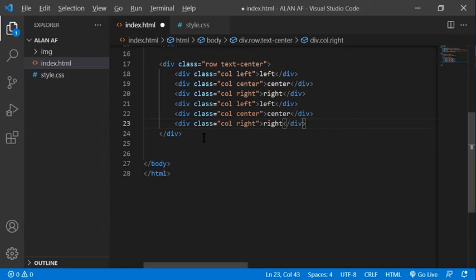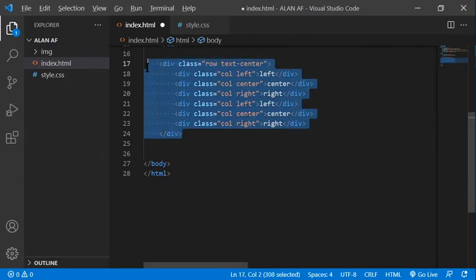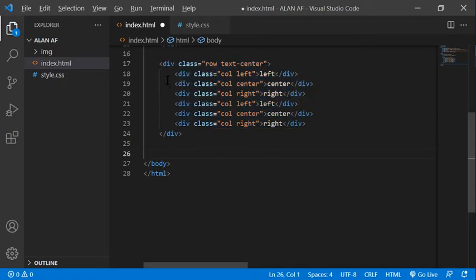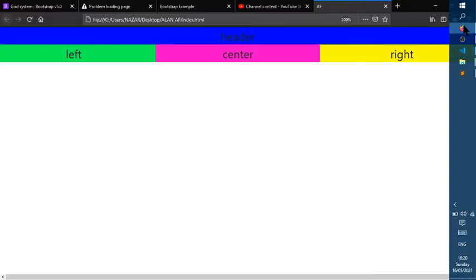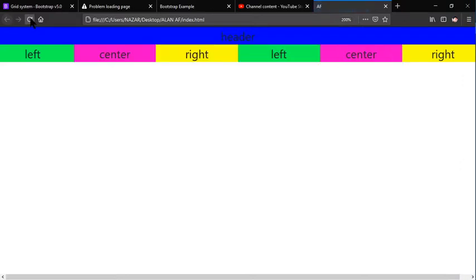Because I'm pasting in the same row, I am pasting inside the div of the row. You can see the line it contains, and when I click it, it will highlight, so I am pasting inside it. I'm going to save it and see the output, and refresh it. It divided into 6 columns, 6 similar, same size columns.